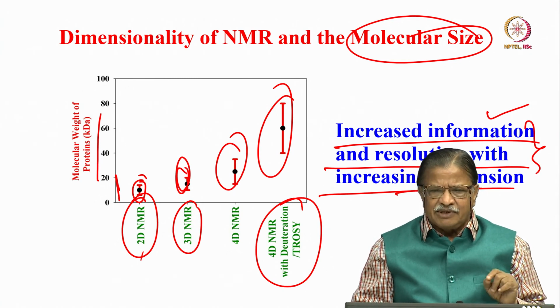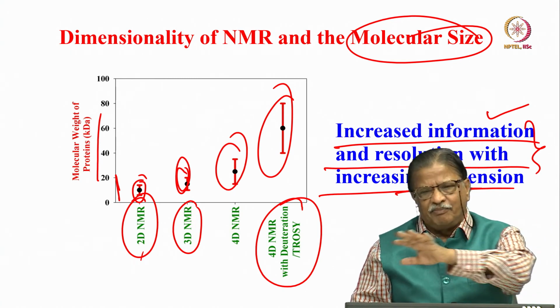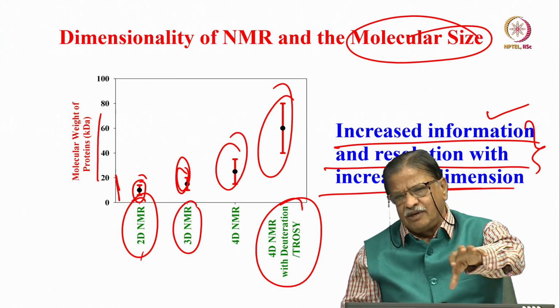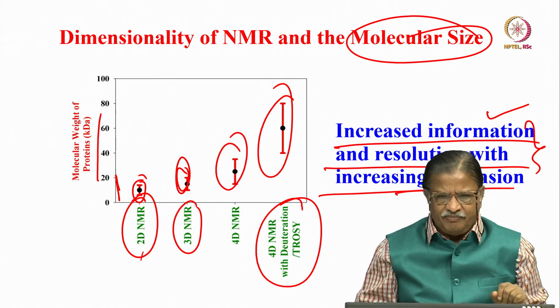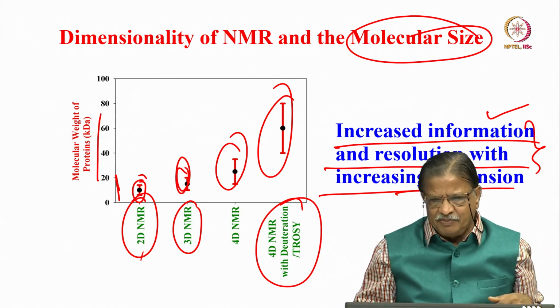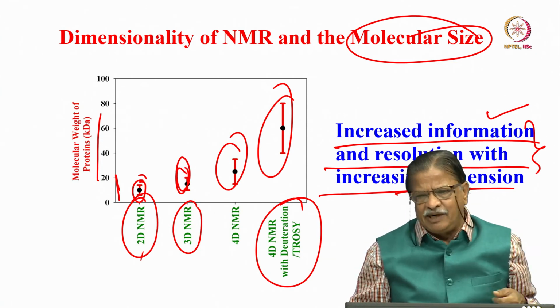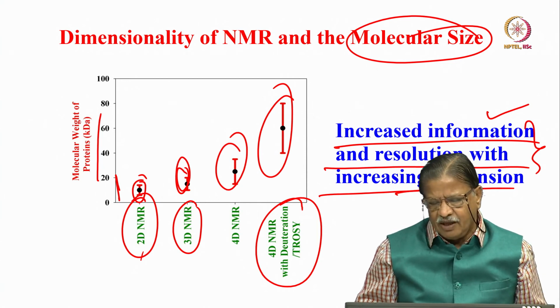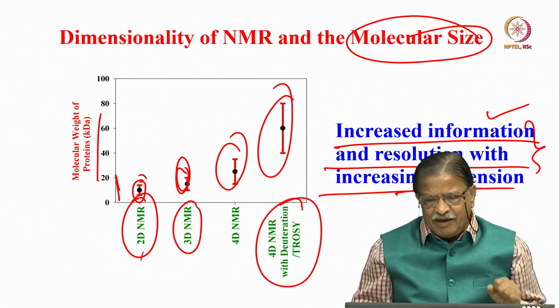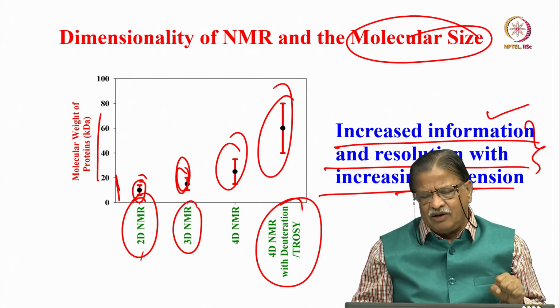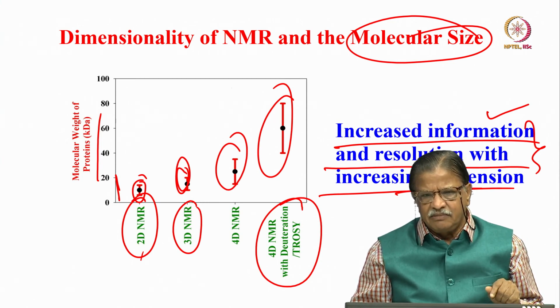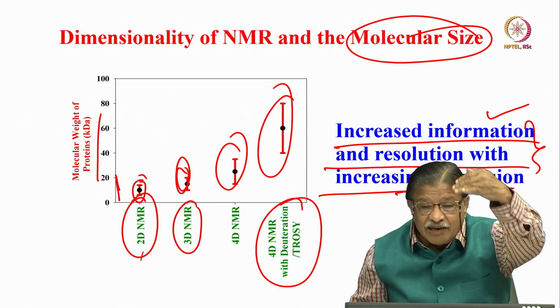In two dimensional NMR, on the other hand, I said there are 4 time periods: preparation period, evolution period, mixing period and detection period. Of course, the mixing period is always optional. Sometimes even in a 2 pulse experiment, the second pulse itself can be treated as a mixing pulse. So 4 time periods are there. The preparation period is to allow the spins to attain thermal equilibrium. The evolution period is the one where we increment the time systematically.